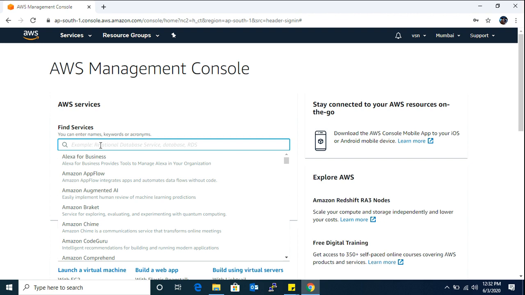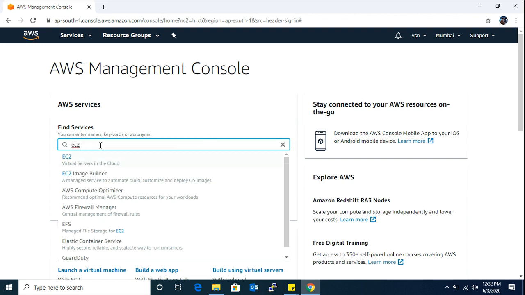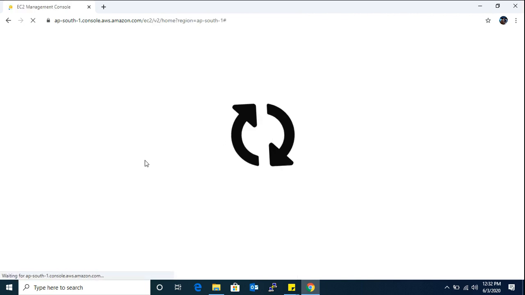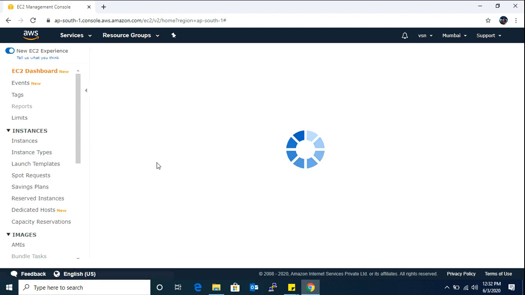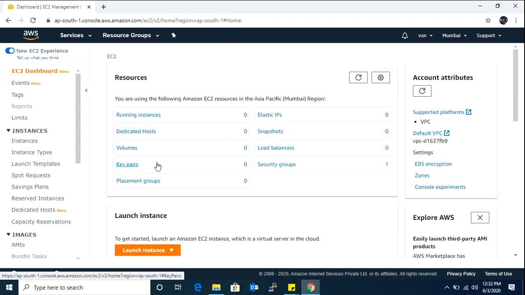Find service EC2. Now the EC2 page is open. Now guys, you can see your resources, and you are using the following Amazon EC2 resources